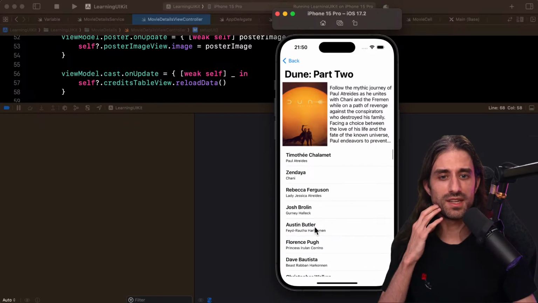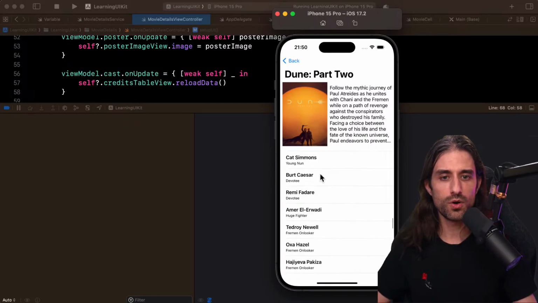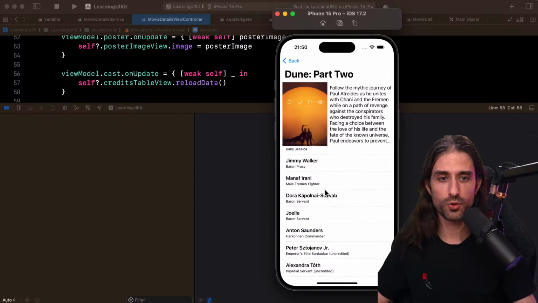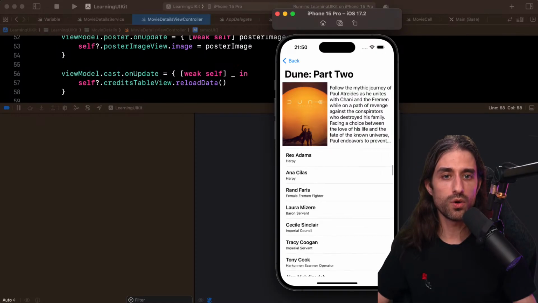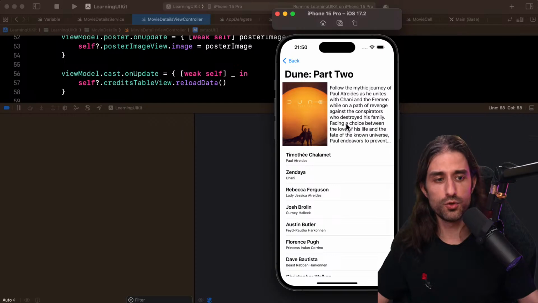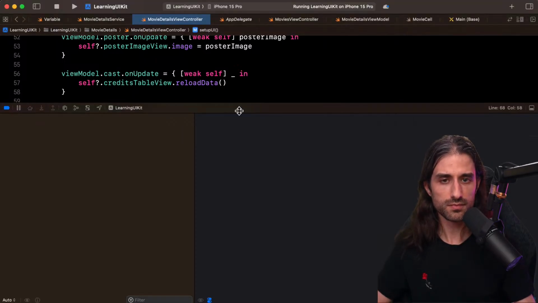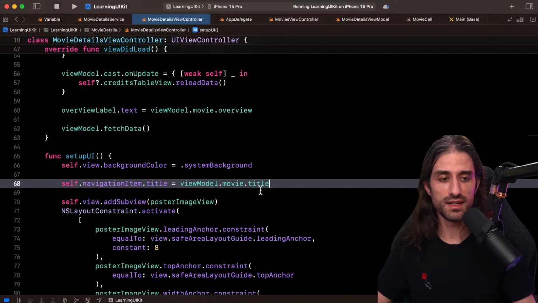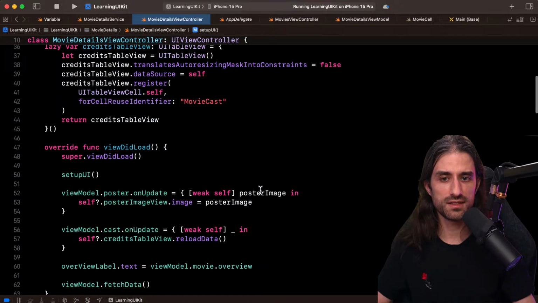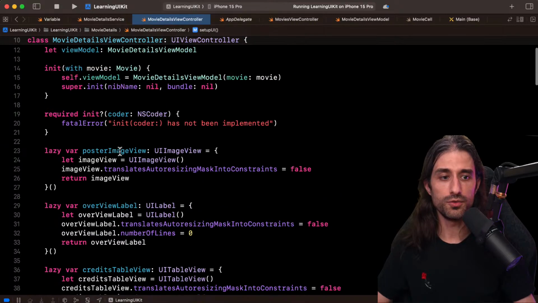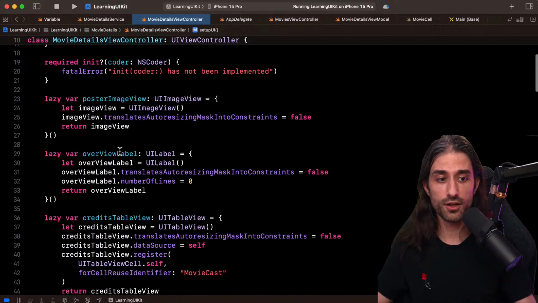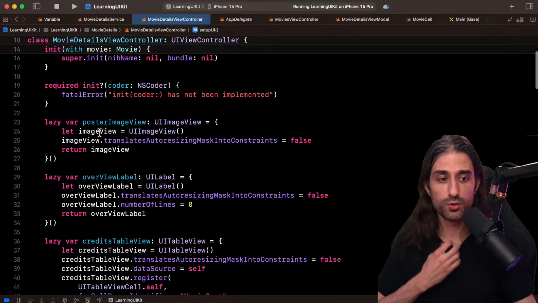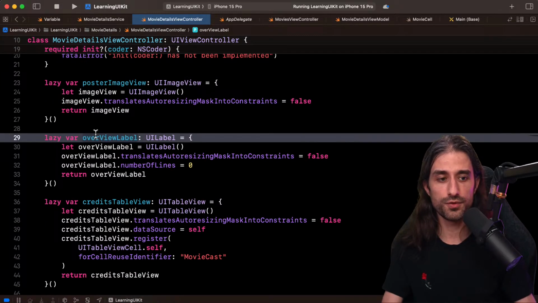But one thing that's a bit annoying, from a UX point of view, is that when I scroll, the scroll is happening in a small portion of the screen. You might want to scroll everything, so that the poster and the overview would go out of the way when you scroll. Turns out that you can do this in UIKit, by putting the view that you want to scroll away in the header of the table view. So we're going to try and put the poster and the overview label in a view of their own, which we will then move into the header of the table view.